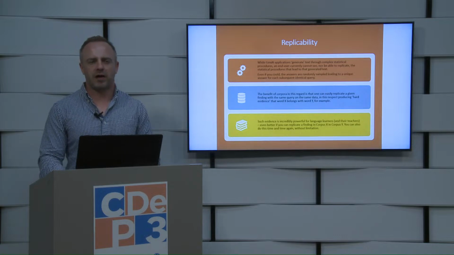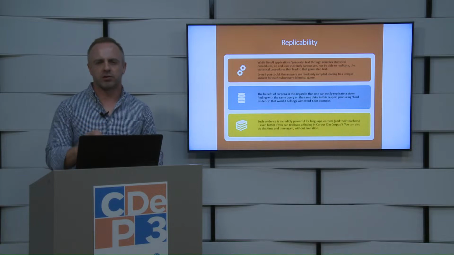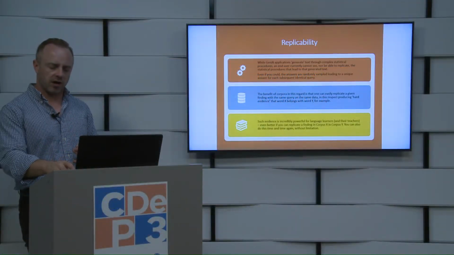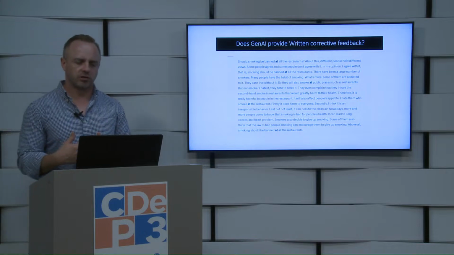A very important factor, as I mentioned, is that corpus results are replicable. When you search for something in a corpus, you'll get the same results every time. Why is that important? Well, if we think about it, say for example, you're working with a class full of 30 students. You want all of those 30 students to go through the same process and to get the same answers from the data. But with generative AI, due to the way that the system works, it's not really possible to do that.